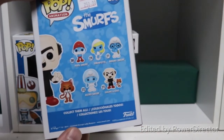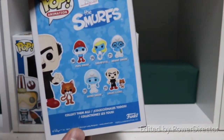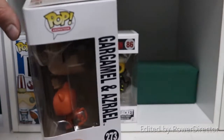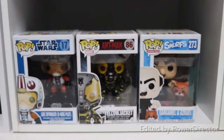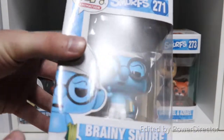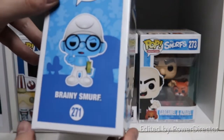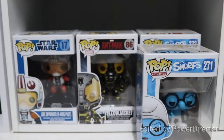So we have the rest of the line there. We have Papa Smurf, Smurfette, Brainy Smurf, Astro Smurf, and Gargamel and Azrael. They also had, oh, I forget the name now, but the purple Smurf that I think had been sort of tricked by Gargamel and gone sort of rogue and evil. I didn't pick him up, but I did pick up Brainy Smurf, who is here with his book, and he's looking rather knowledgeable. Here he is in the rest of his box. You can see the rest of the set back there. And also picked up